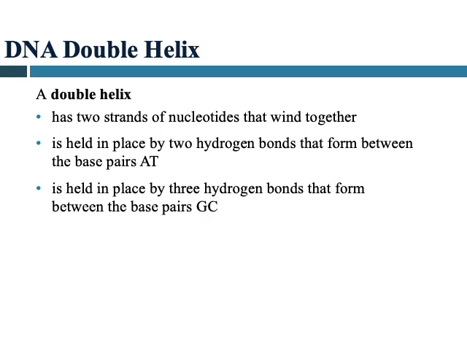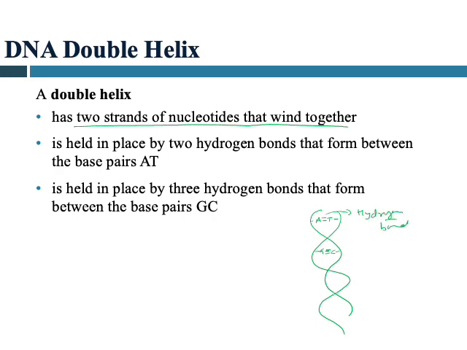So now let's talk about the double helix. The double helix, we already talked about, has 2 strands of nucleotides that bind together, and it normally stays like this because of the hydrogen bonds. A and T have 2 hydrogen bonds, G and C have 3 hydrogen bonds. Because of these hydrogen bonds, this double helical structure is possible, or stable,